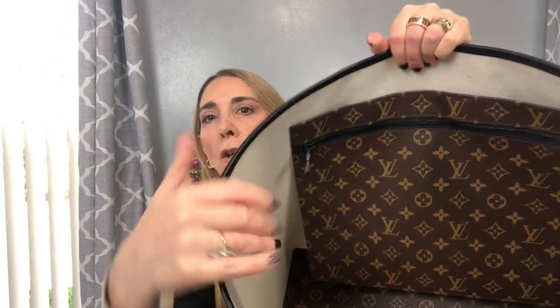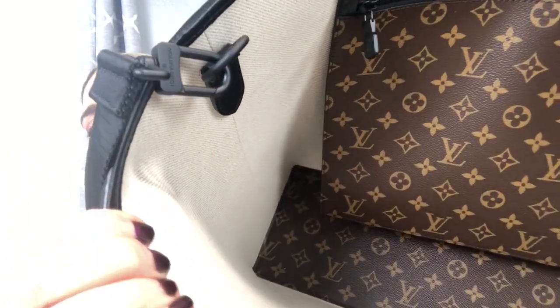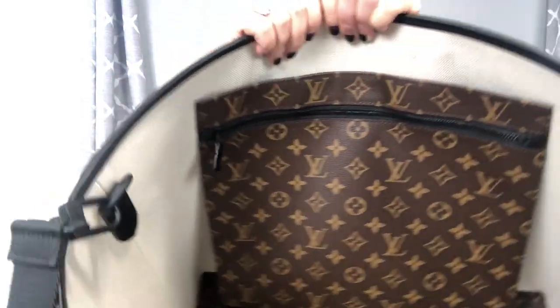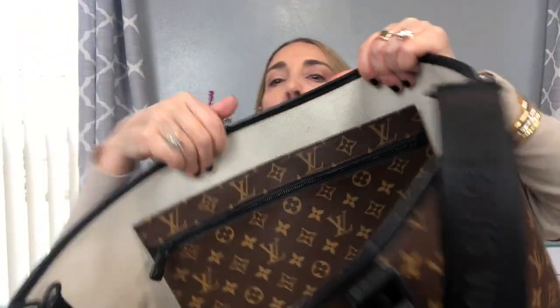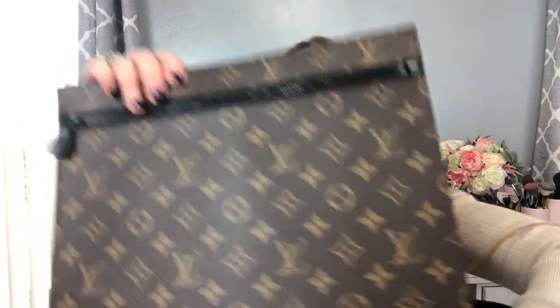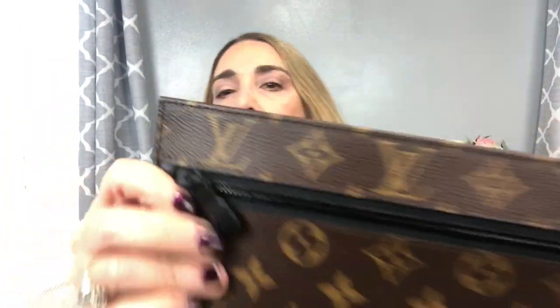Okay, interior is absolutely stunning. All right, interior, gorgeous. It's got a textile lining. And let me try and get close so you can really, hopefully I can give you a good idea. It's just really, really feels durable, very nice. It has an interior zippered compartment. And one of the great things is that it is a removable interior pocket. So it snaps into the bag. It has the black zipper,